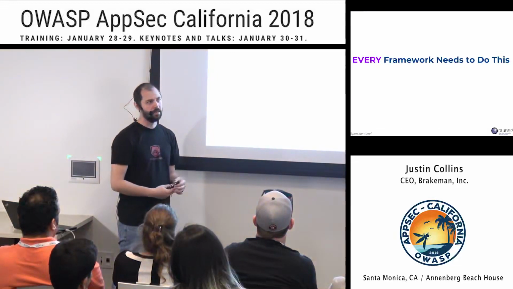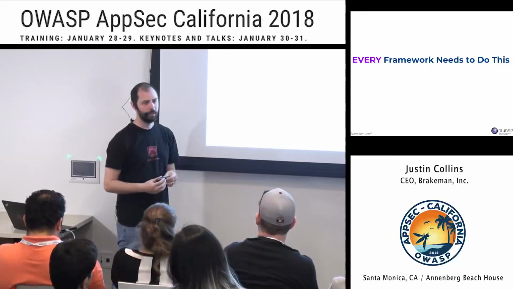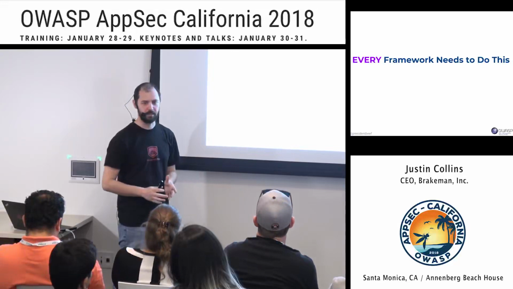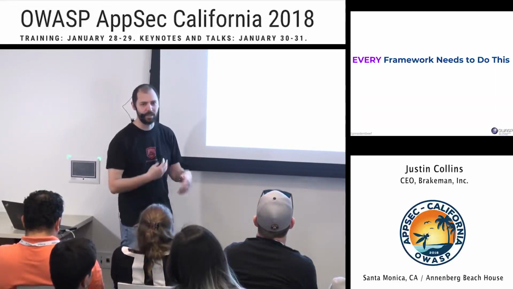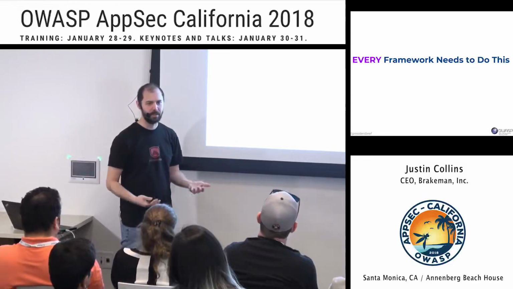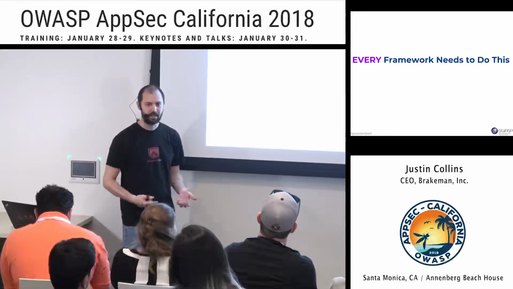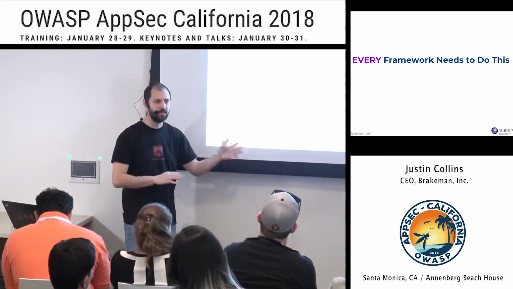Can you imagine somebody today saying, okay, I'm going to build a web framework, and they build it, and they don't provide any kind of HTML escaping? That would be ridiculous, right? Everyone would laugh at it, because that's just silly. You know that you need to have some way of escaping values. If you build a database library and you don't provide at least query parameterization, people are going to be like, what is this, right? So we need to move to a space where things like context-aware escaping are just expected.